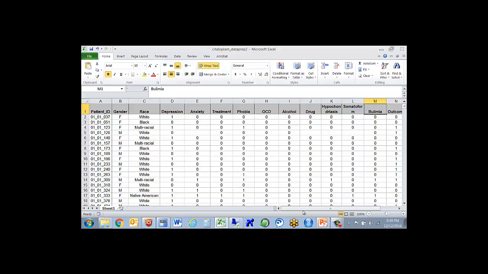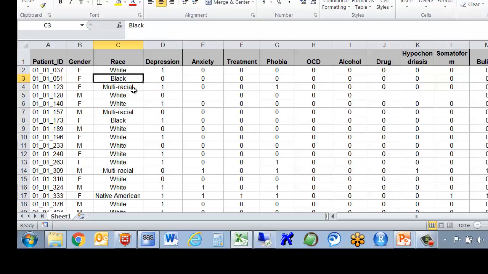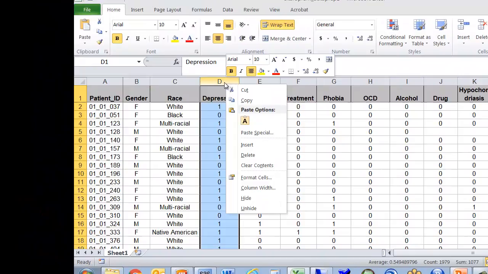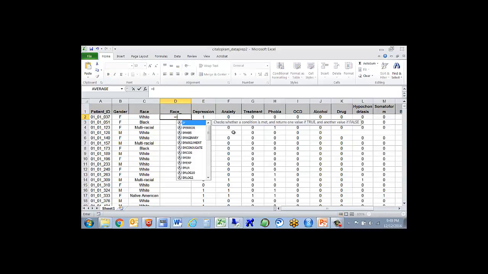Now what I did in SAS was I created new variables for all the nominal variables. For example, race. You can see that race has white, black, multiracial, Native American, many values. So I'm going to create another variable, which I'm going to name race underscore. I'm going to write a formula if this column